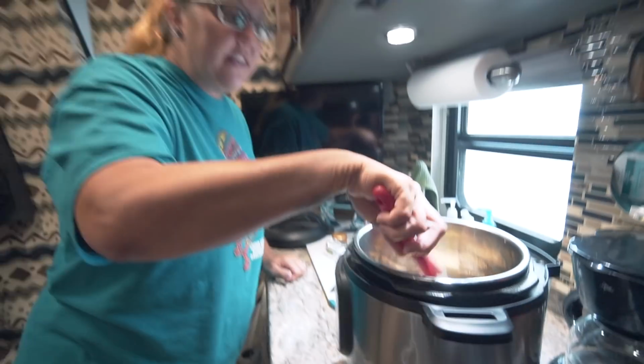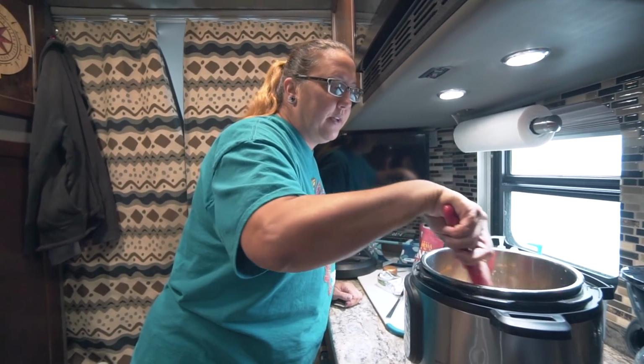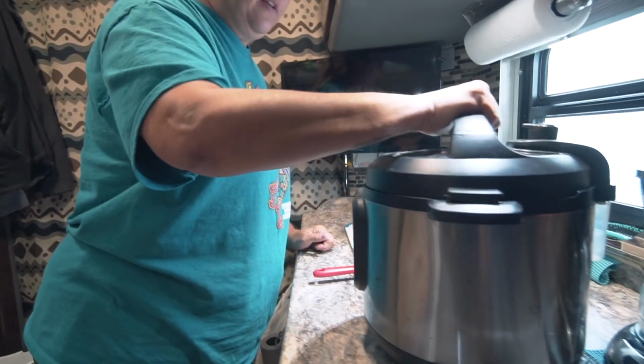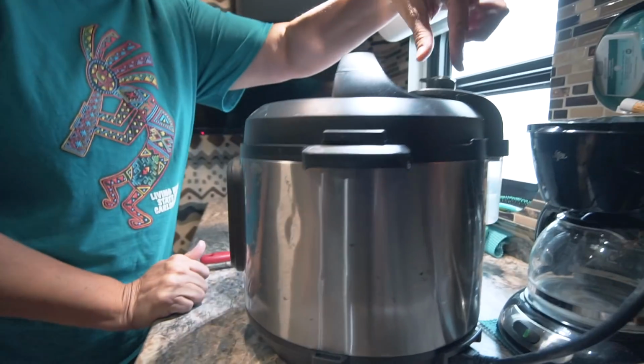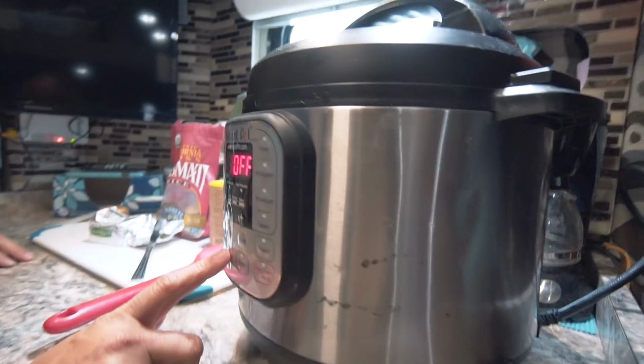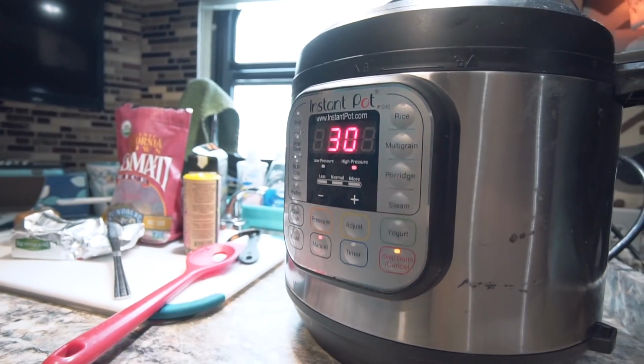Now I'm just going to give this a nice little stir to get things mixed up. Then we're going to cover our Instant Pot and set it to sealing. And then I'm going to cook this on manual for 30 minutes on high pressure. Once it's done cooking at 30 minutes, I'm going to let it release the pressure naturally and our rice should